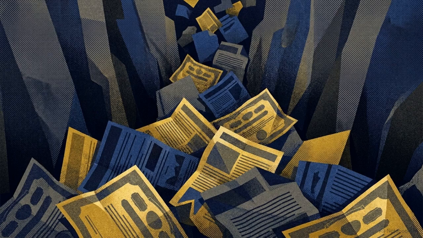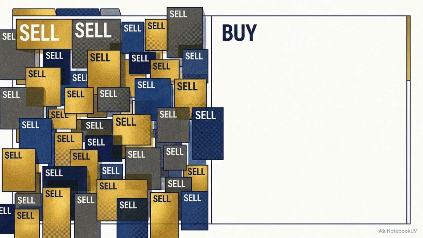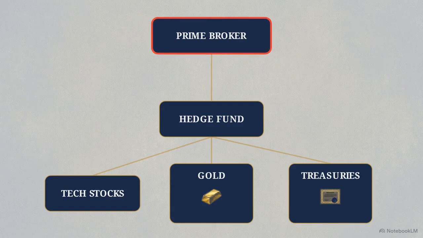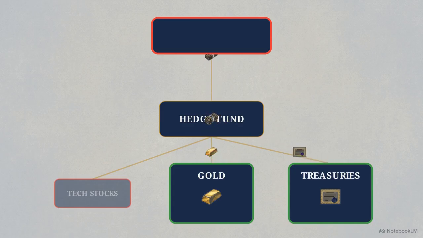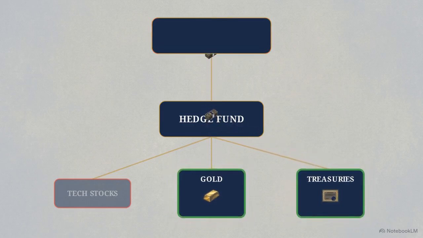Dumping distressed, crashing tech stocks into a falling market incurs massive slippage. During a crisis, there are often few buyers for those specific assets at scale. To survive the day, institutional algorithms target the portfolio's most liquid and profitable assets. Gold and treasuries are sold because they can be successfully converted to cash to meet immediate obligations.